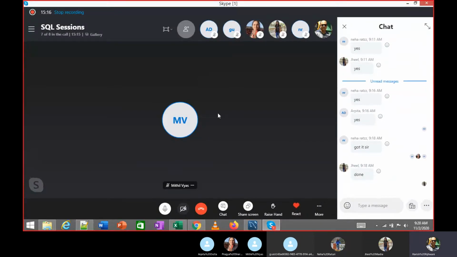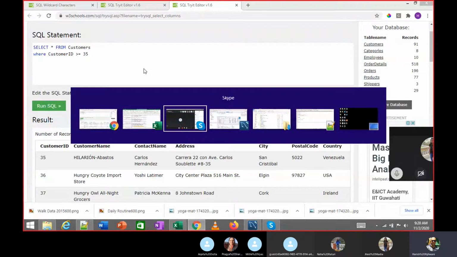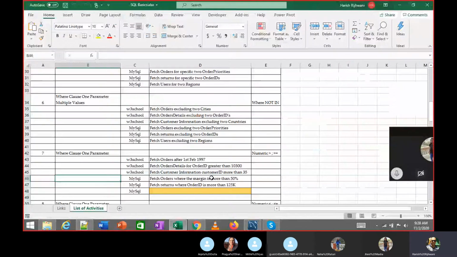Alrighty. So if you're done on this, let's go to the workbench. Now the next one is fetch orders where the margin is more than 50%.